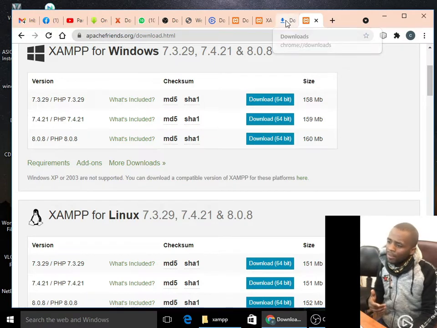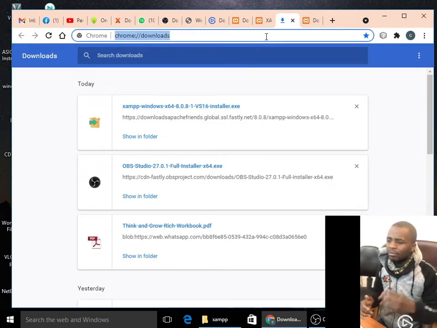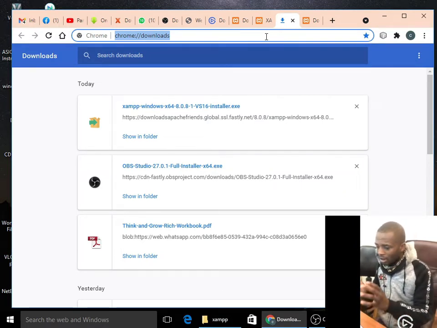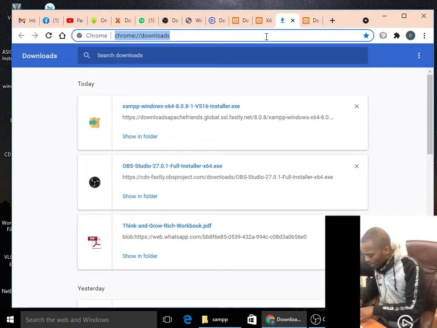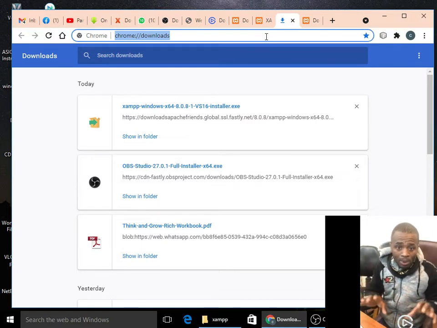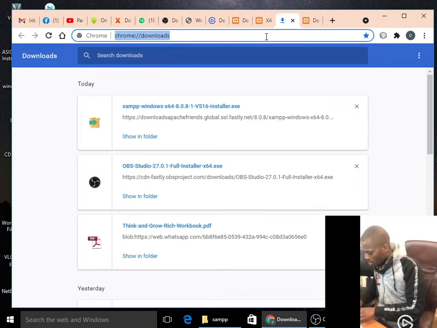From there, you open your browser again, as mine is Chrome. Then I'm going to type there NetBeans. I'm using NetBeans. It's a free open source software for web development. So I'm going to type